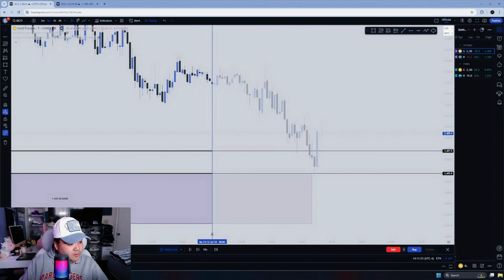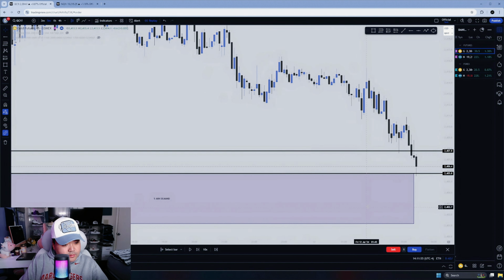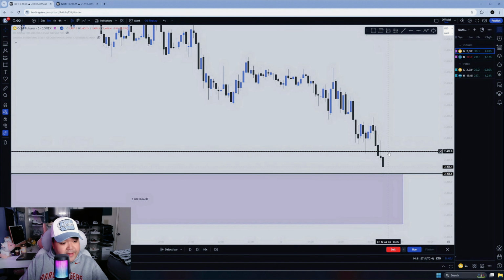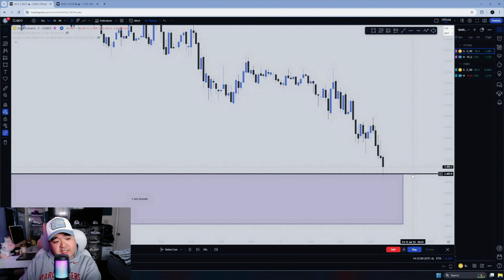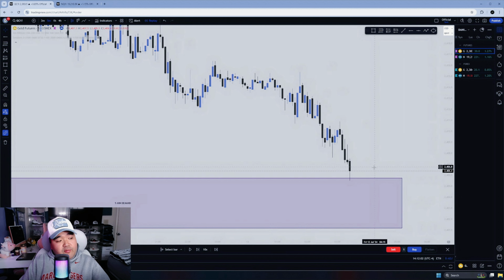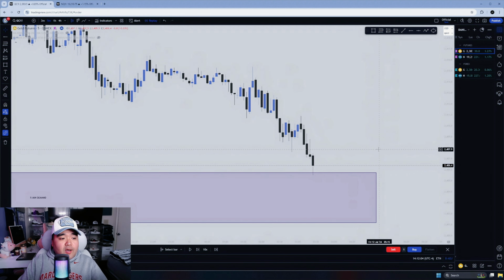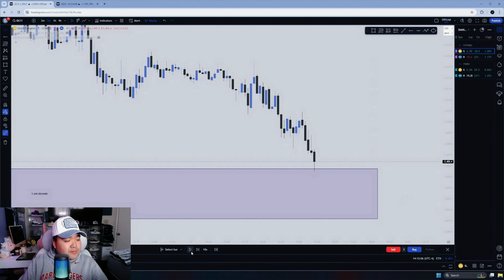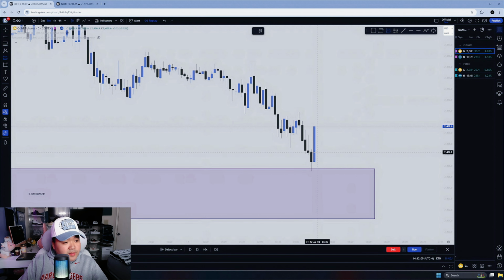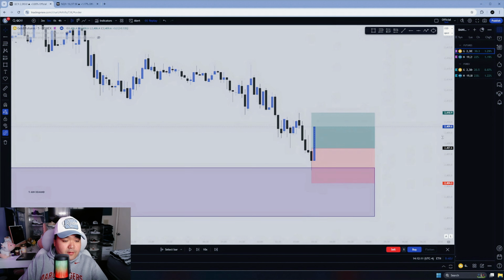Okay, boom. So look what just happened. We just filled in the gap. Okay, now if you guys know, this is on the 5 minutes, so as soon as my 5 minute gets tapped, I want to wait for that first break of candle to get my entry. Okay, so boom, right there, that's where I'm entering. Now keep in mind,